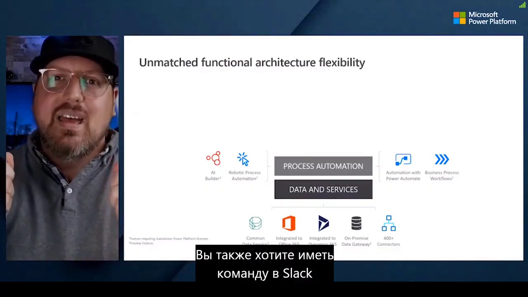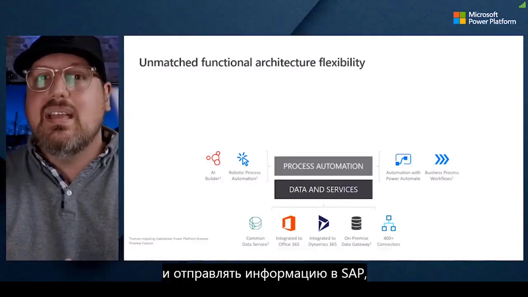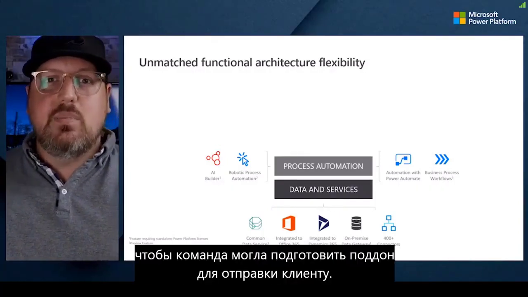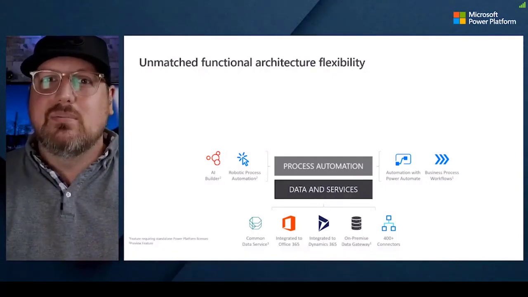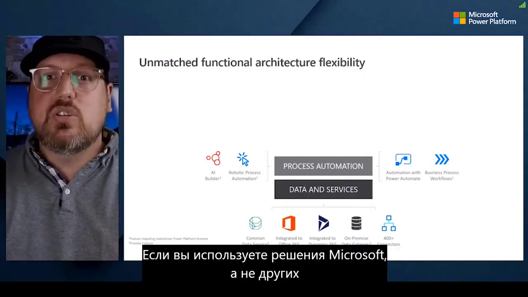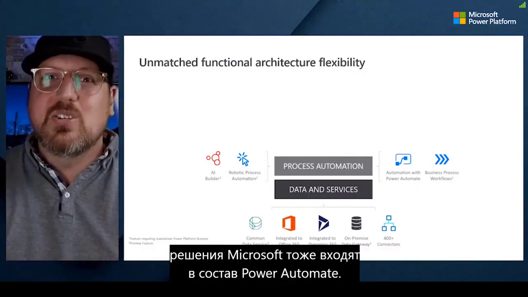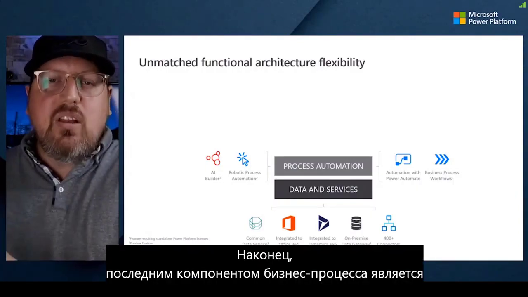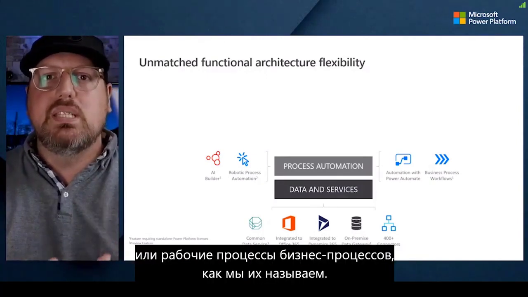And then I would like to have a team on Slack with the legal team and everything, and then send information to SAP so the team can prepare a pallet to be shipped to our client. All of that can be done using Power Automate. And if you have Microsoft Solutions instead of all the other vendors that I mentioned, well, Microsoft Solutions are also part of Power Automate. And then the final part of the business processes is business process management, or business process